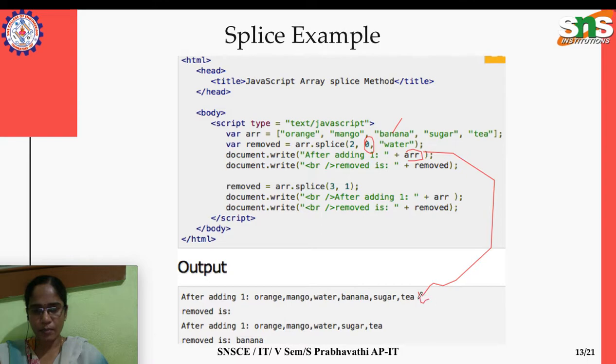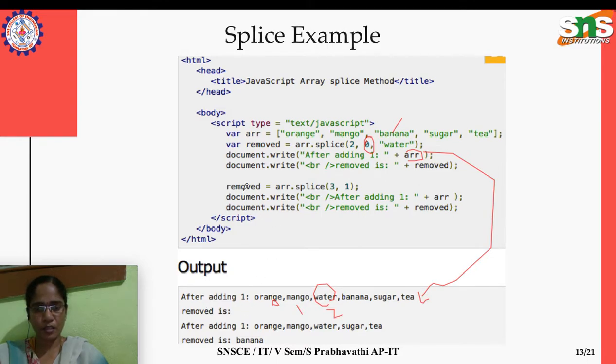One item gets added, water gets added at position number 2, this is position 0, 1, 2. Why 2? Because we have mentioned the first index as 2. And next, document dot write, where break brings a new line. The removed item is, there is no item, we have not removed anything, so nothing is displayed.